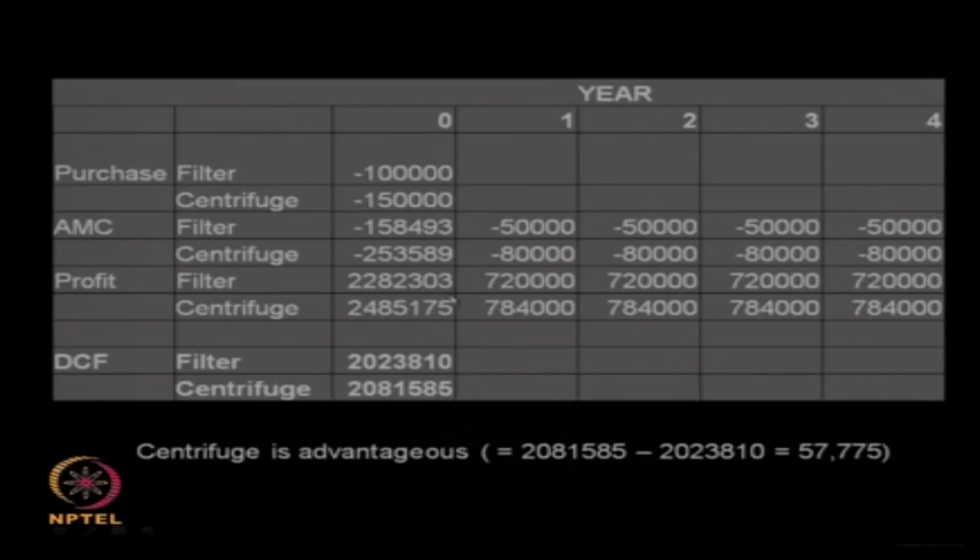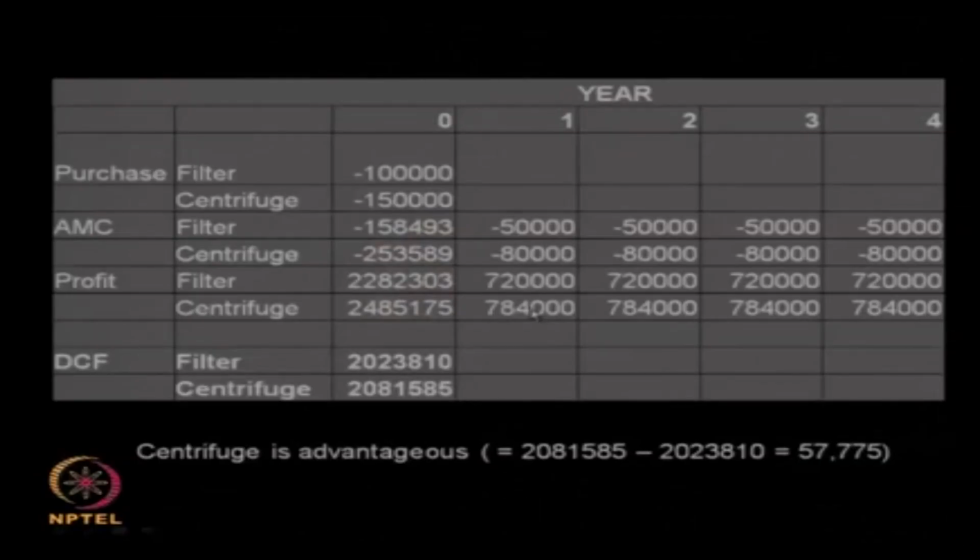Same thing I do for centrifuge. In centrifuge I will have more profit because I am able to collect more liquid, as I showed in the previous slide, 10% loss if I have a filter and only 2% loss if I have a centrifuge. So I do the same thing, and this is the profit I will make on the centrifuge. So you see, this is the profit I will make on filter, this is the profit I will make on the centrifuge in net today's value, this is the expenses on the filter, this is the expenses on the centrifuge,